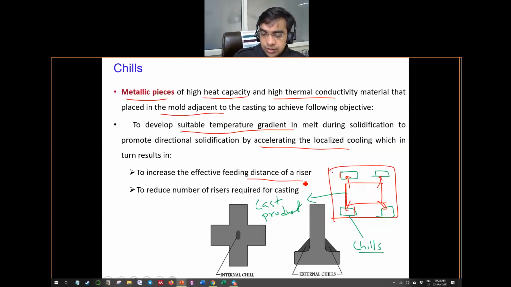So the objective of the chill, as the name itself tells, is to chill the casting, meaning to remove heat or reduce temperature quickly. How can this happen? Sand itself does not have a very high thermal conductivity, but when we place metallic blocks with high thermal conductivity in the sand near the casting, the heat is extracted. If it is a quite thick casting and you place the chill away, the heat transfer will not be very effective. So it has to be placed very near to the cavity so that it quickly extracts the heat, thereby maintaining a suitable temperature gradient.